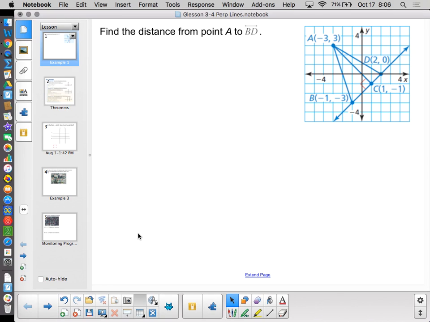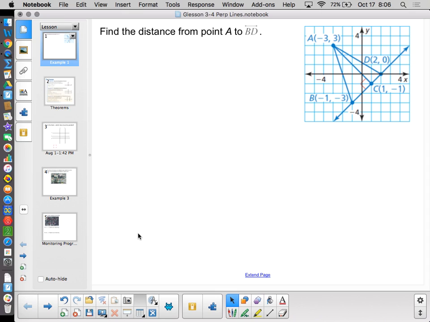So today we're talking about perpendicular lines. And you recall perpendicular means right angle, intersecting to form a right angle. There's lots of special theorems that go along with perpendicular lines. So first off, the one thing that we want to talk about is if we're finding the distance between a